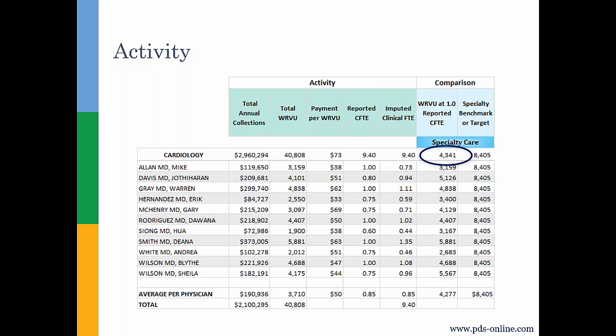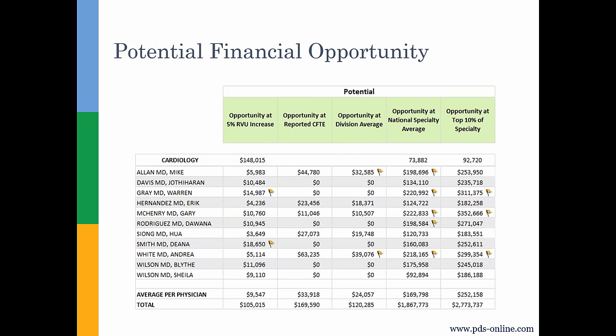And so looking at that, you can compare that to a benchmark RVU, both internal and external. You can see by looking at a division or a specialty like this, the internal benchmark is already calculated for you and the external can be brought in. We can then project this out and say, well, what would happen per provider if they were to perform at these different